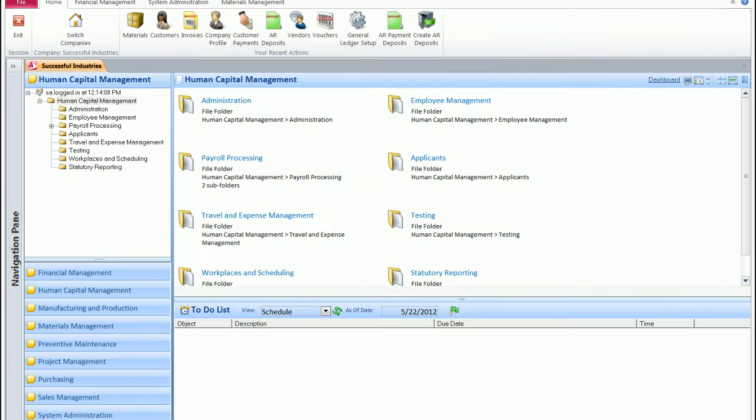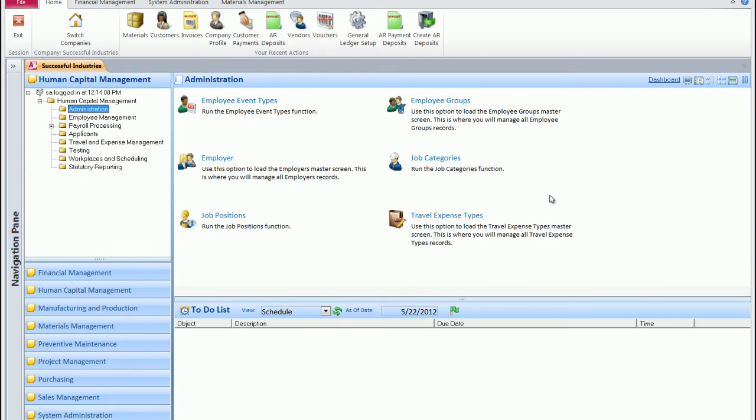In this video, we'll discuss setting up employees and managing employees. Employees are managed under the Human Capital Management module, and it's a subcomponent to that module. So the first thing, there's an administration section where you can set up the different employee groups and types of job categories you have, the positions that you have open, and those types of things, the types of travel expenses